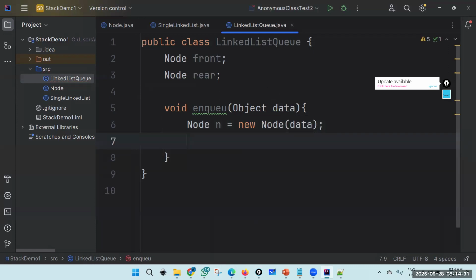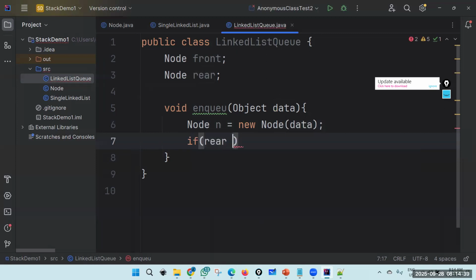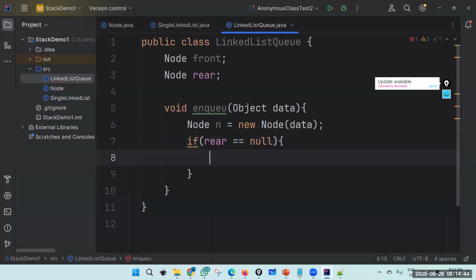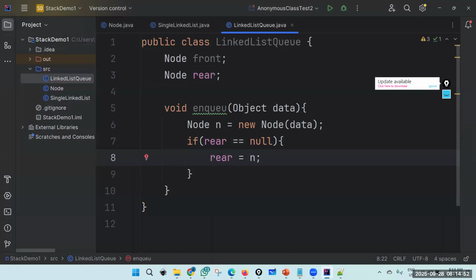Now what I need to do is check whether rear is null. If rear is null, this is your rear, right? If rear is null, so your rear is n. That is the special case. But in general, rear won't be null when you have data. Else, your new rear will be rear,